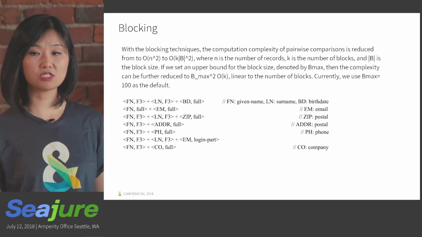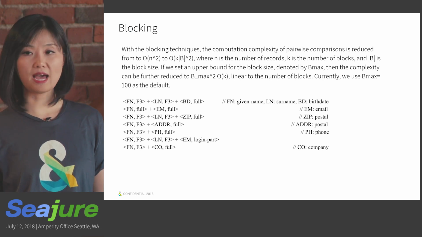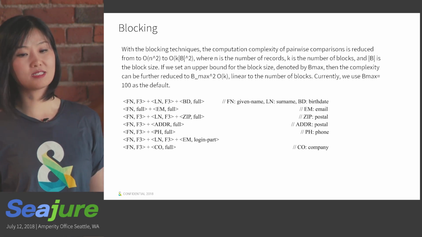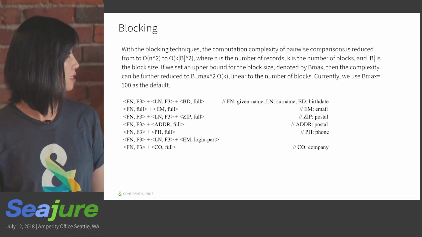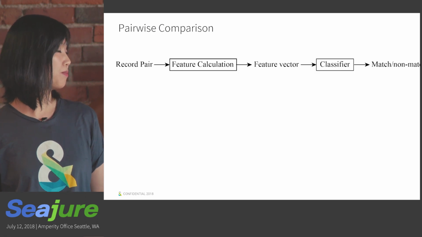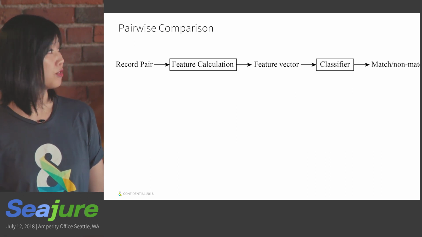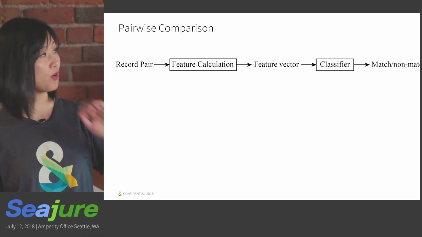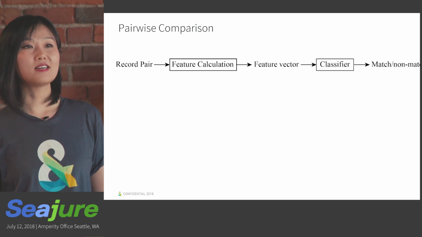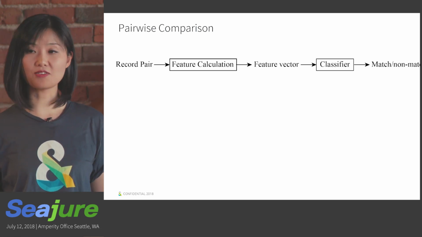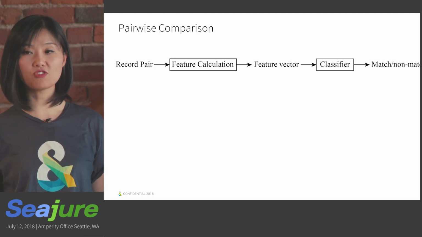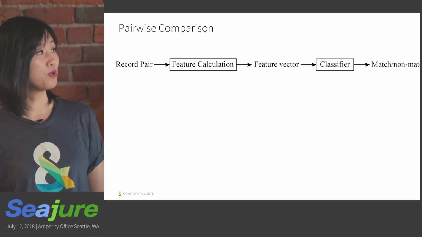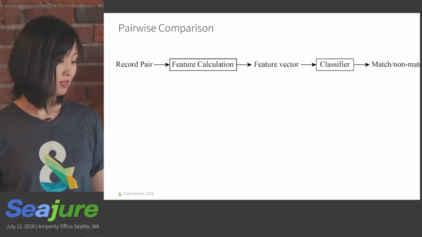Actually, this is an active research area. People are studying how to reduce the number of record comparisons without sacrificing the recall rate. And after that, the related pairs are passed to the feature calculation stage. You can build feature vectors like in other machine learning processes. For example, the edit distance of your name, the edit distance of your email, and the Jaccard distance of your address together can be one feature vector. And you pass that to the classifier, and the output will be: is this pair a match or not?